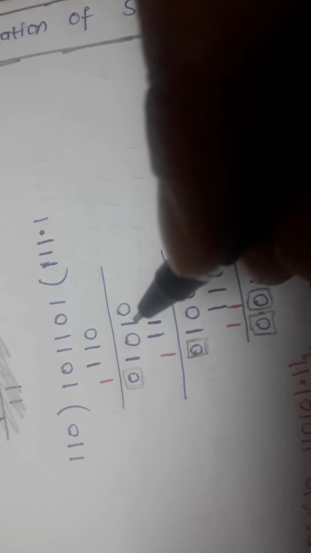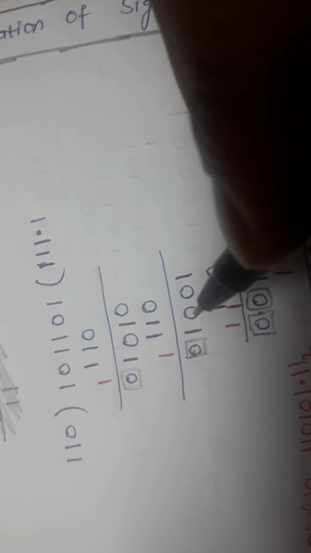101 is the remainder. Okay, once again if you observe that it is 5, it is not possible to divide 5 by 6. Therefore I am going to take 0 here. Then it becomes 1010, then 1101 minus 110. After subtracting: 0 minus 0 is 0, 1 minus 1 is 0, 0 minus 1 is difference 1, borrow 1, then once again 1 minus 1 is 0.